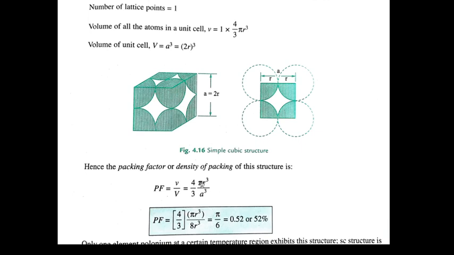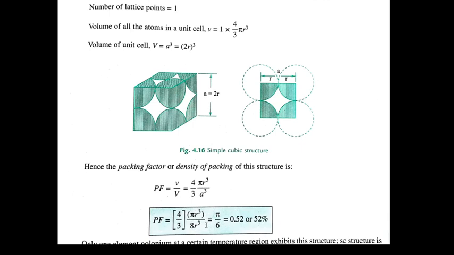ऊपर आएगा 1 into 4 pi by 3 pi r cube, so that is 1 into 4 pi by 3 pi r cube, divided by a cube, right? If you solve this equation, you get pi by 6, because a will be replaced by twice of r raised to cube, so ultimately r gets cancelled and a numerical figure comes out to be 0.52. If I convert into percentage, I should multiply by 100, and therefore it appears 52, and this says that the atomic packing factor of a simple cube is